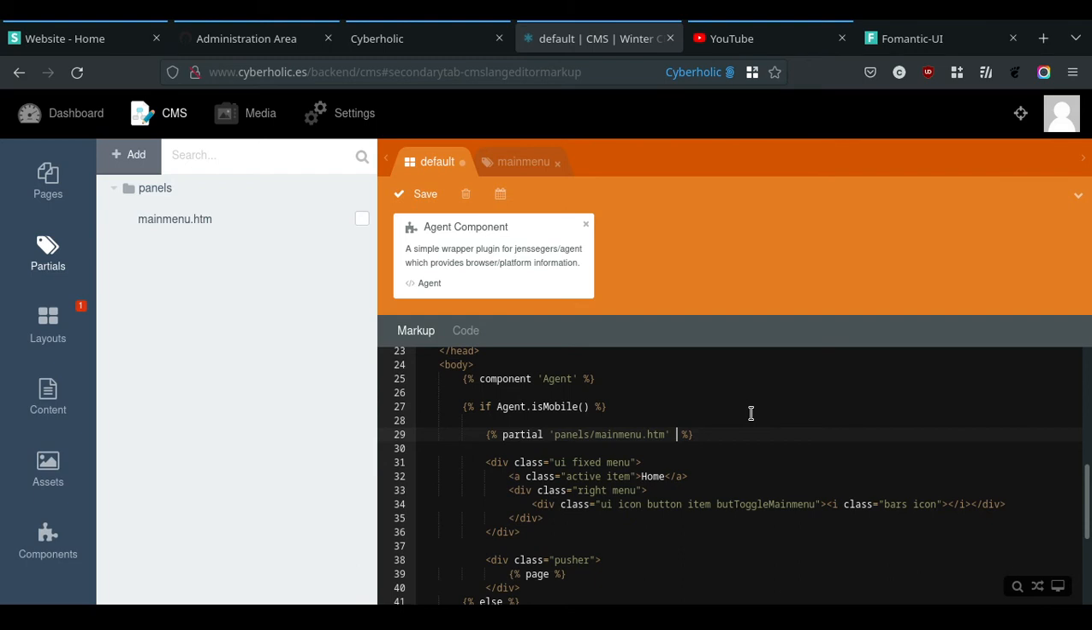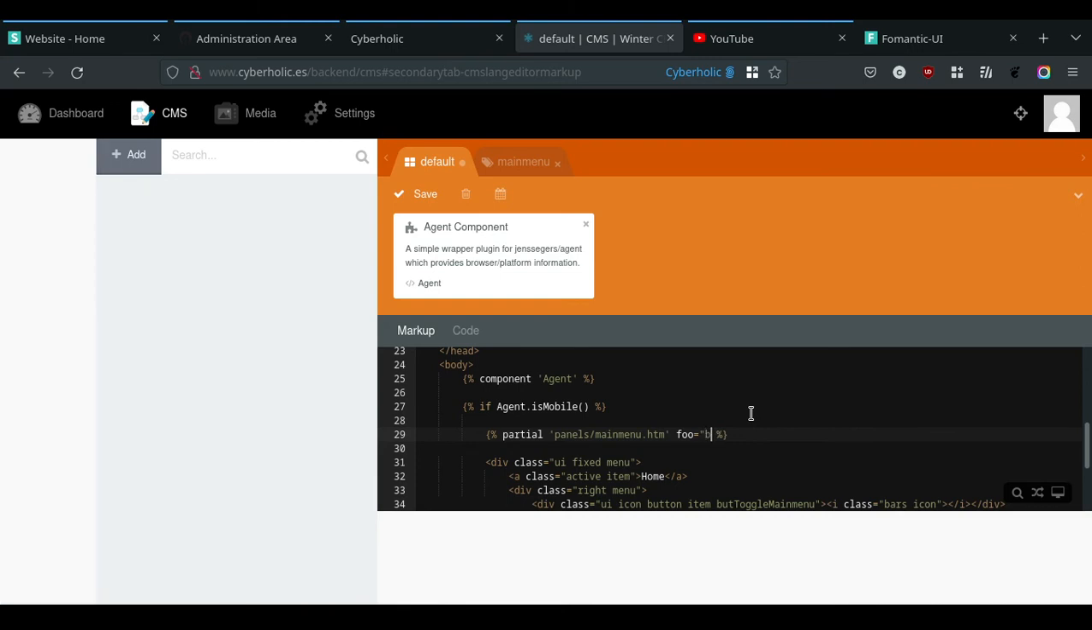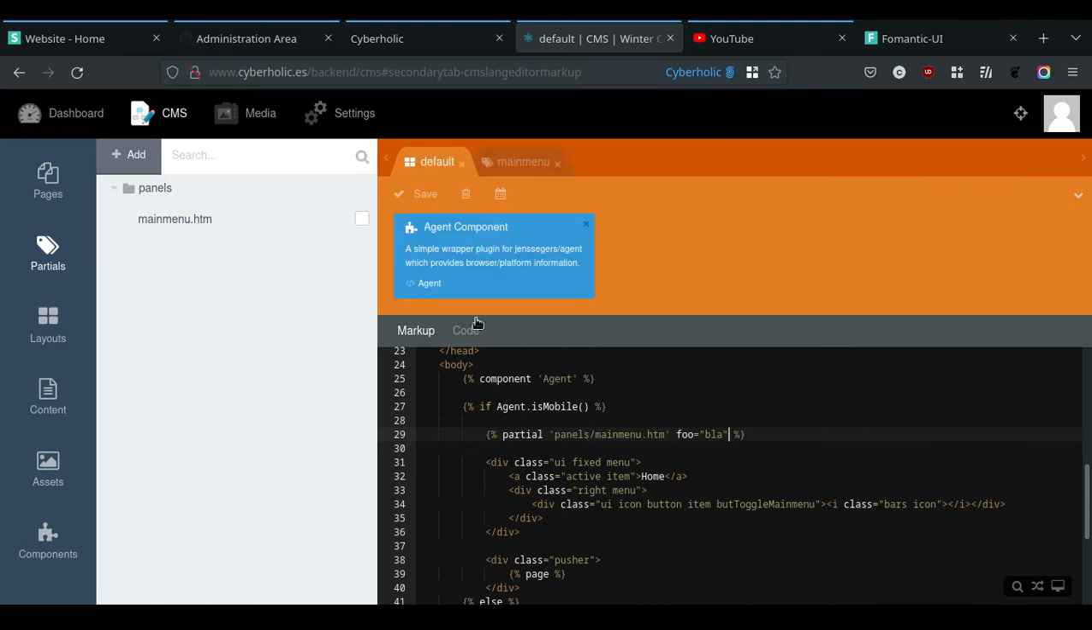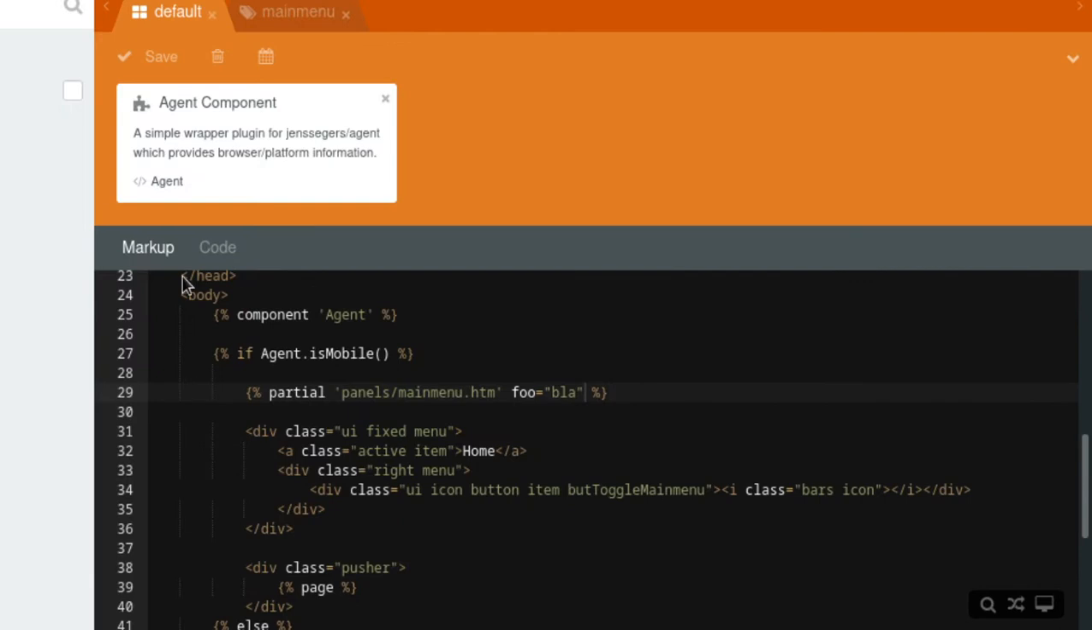For example, I could define a variable foo equals blah, blah, blah. So I just tell it, hey, when opening up this partial, there's a variable foo attached to it. If I go now to, sorry, let me zoom in so that you can see it better. Okay, so if I go to my partial now,